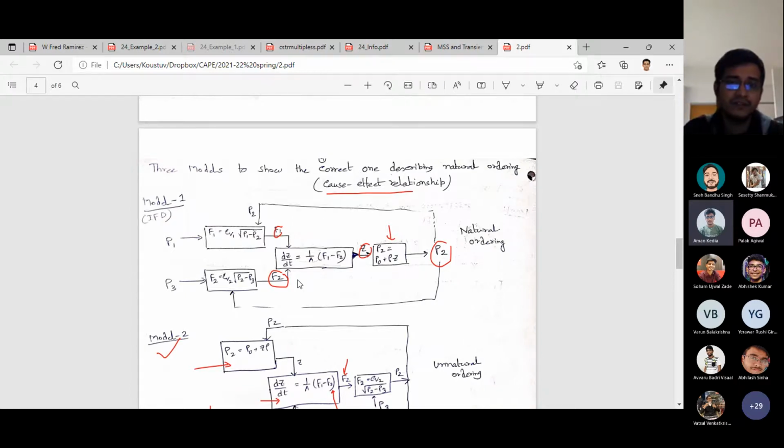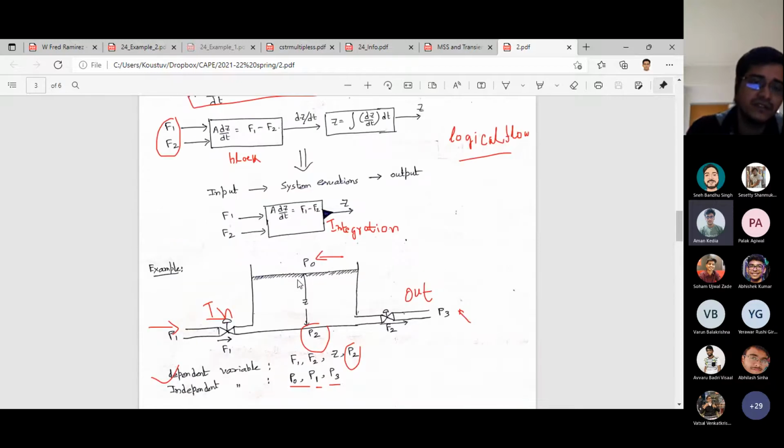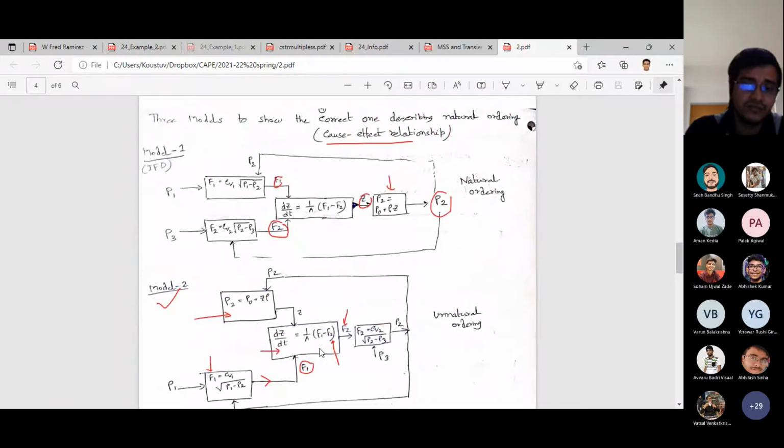Now remember what was the difference. The difference is basically that these flows are now governed by this valve, right? So there is a pressure differential across each valve. So those are some extra equations that we are getting, not only the equations that govern the height of the tank, but also the equations that govern the flow rates, which is the differential pressure across this valve, square root of the pressure difference.